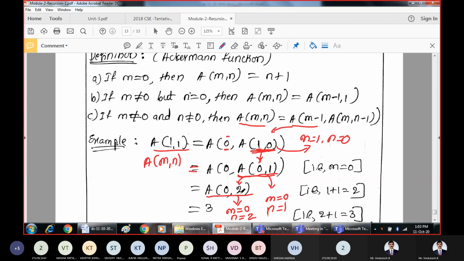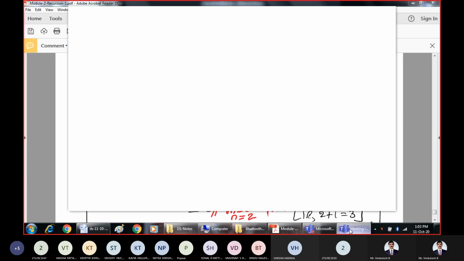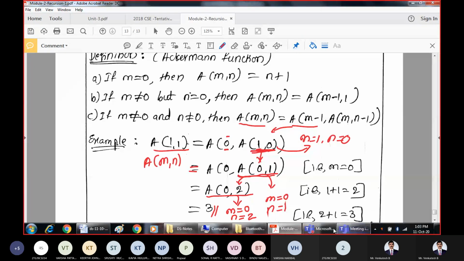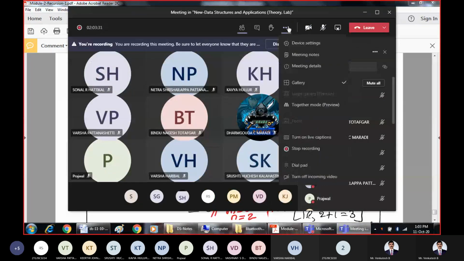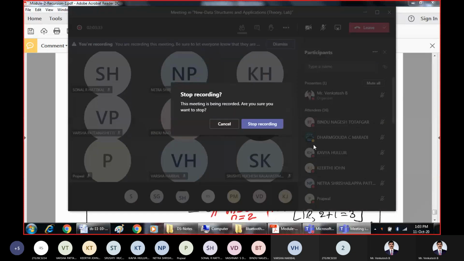What is the present value of n? N is 2. 2 plus 1 is 3. That is the result. It's a simple Ackermann function where you should remember these properties for calculation of Ackermann's function. These are the 3 recursive procedures we'll be using in the programming.